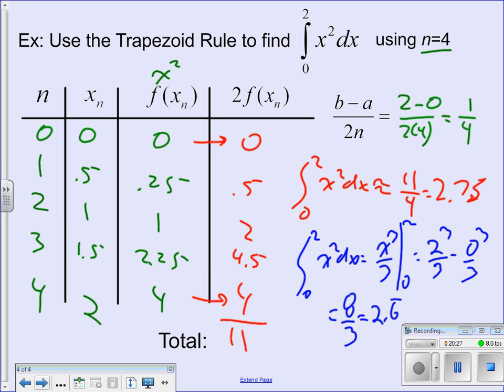Not too bad. If I'd broken it up into more intervals, it'd be a lot closer. A lot closer. And this demonstrates with the concavity the overestimation. X squared is concave up. The second derivative is positive, so it's concave up. So it's an